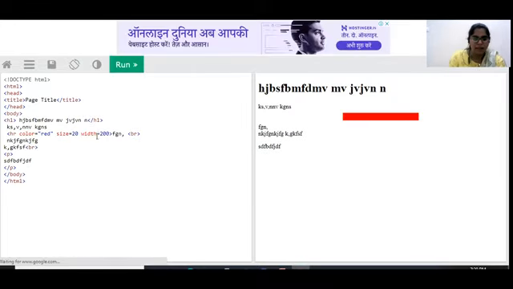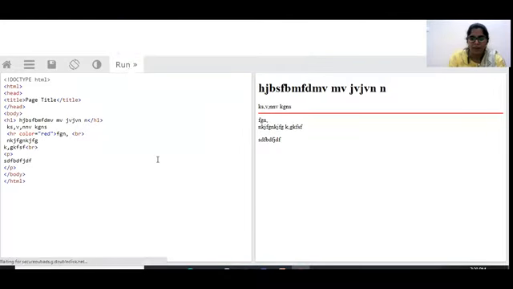So this is how it is coming, right? I gave width just 200. That's why it is giving only up to 200 pixels and size is only 20. If you are not mentioning anything, it will take the default size, which is the smallest size, and it will take the largest width. So this is how it is going to be done.